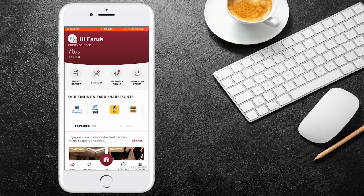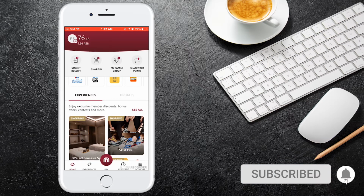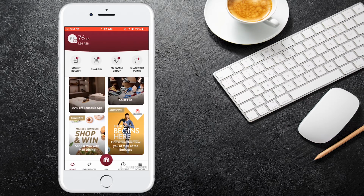So here you can see I have 76 points. I have 7 dirham, more than 7 dirham. So this application will help you to earn some points if you are buying for your home or for yourself. This application will give you some points and money. So here you can see an example,